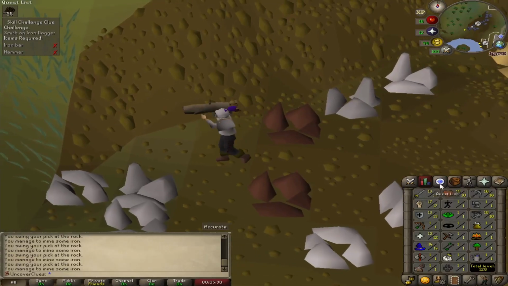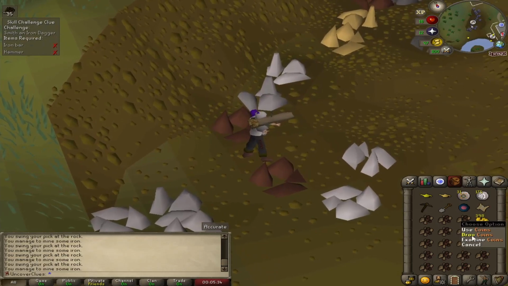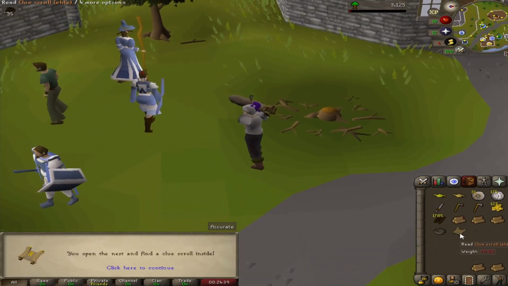Now that we've collected a full inventory of iron, we're going to start working on our smithing. But first we're going to have to get some money. So I'm just going to start doing some woodcutting and then selling back the bows and all that. There's our first elite clue scroll on the nest. Let's see what it is. Doubt we can do it, but...